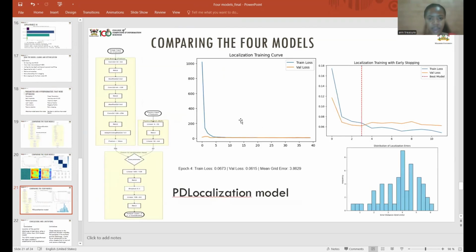So this is the confusion matrix that shows that most of the types were accurately predicted in their right classes. And then we find the final model that I had presented in the previous videos, whereby we have the partial discharge localization model. With this model, we are localizing, but based on the scaleogram. So once you use the scaleogram for localization, we find that